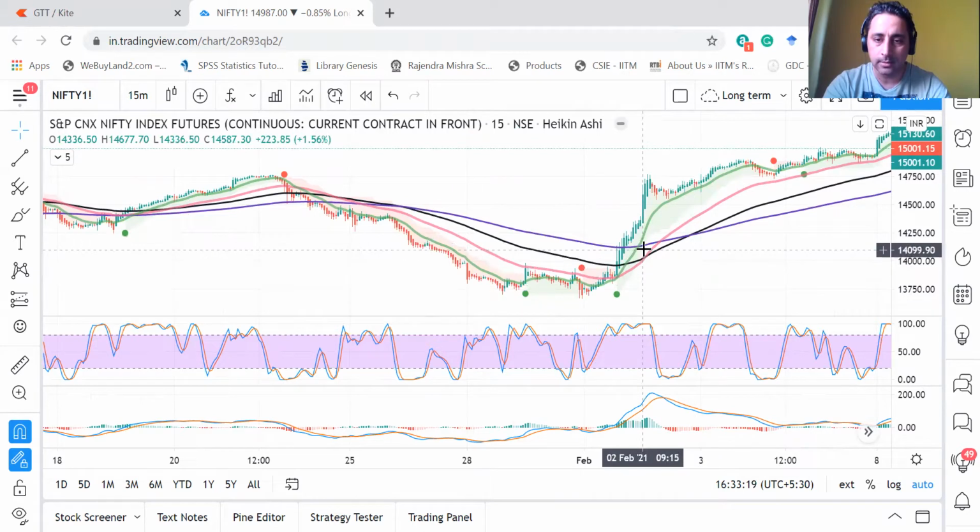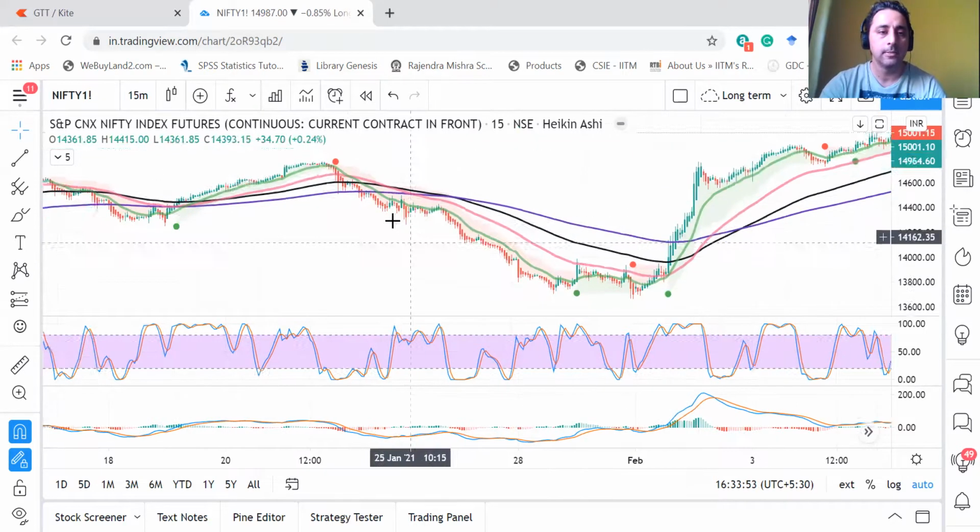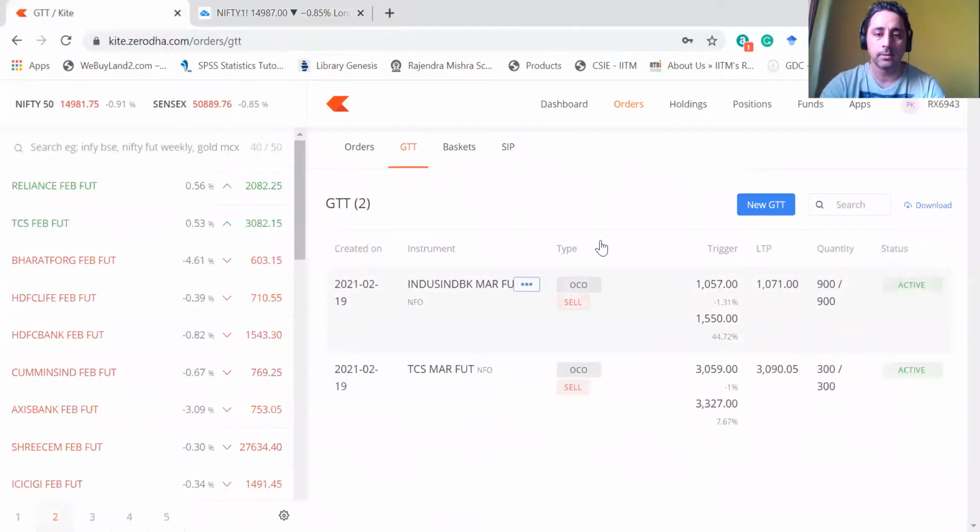Actually, this is a gap up. This is 9:15 on 2nd Feb. The closing was here, and when the screens open up, there is already a jump. Similarly, there can be a jump down. During gap downs, your stop loss order does not get triggered, because the market opened below the price you set, so the backend server doesn't execute the order. In that case, either you do it manually, or as a safety measure you can create two GTT orders for the same asset.